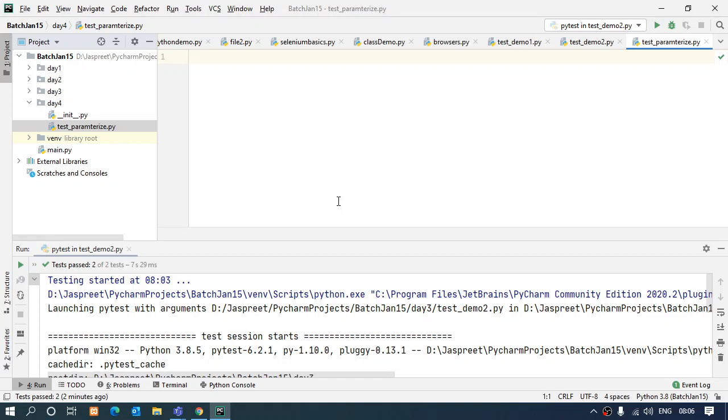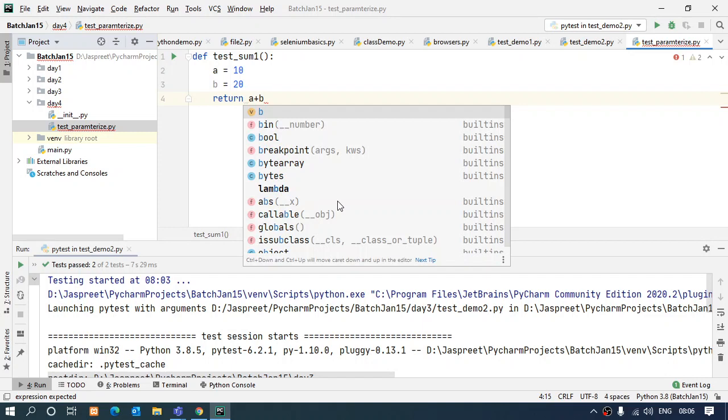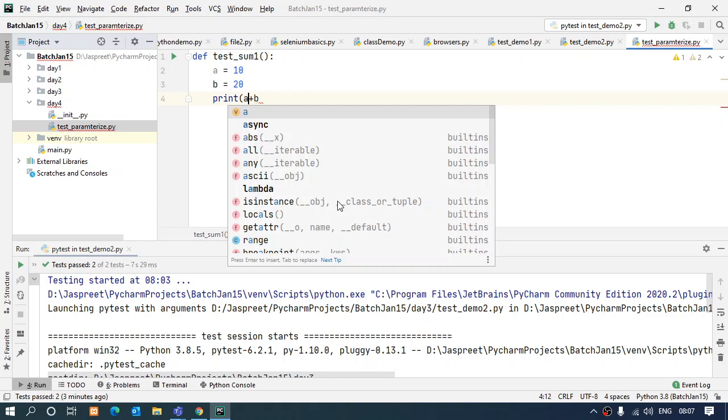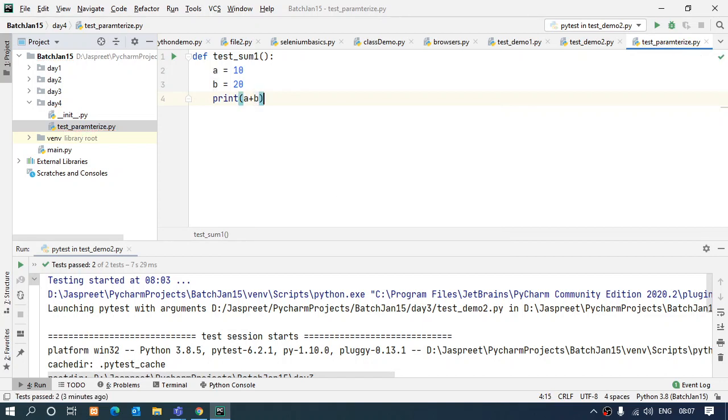So I'll make the test case. I'll say def test underscore sum1, and inside this I'll have two variables, a equals 10, b equals 20, and I will return a plus b, or I'll print the total of these like this.